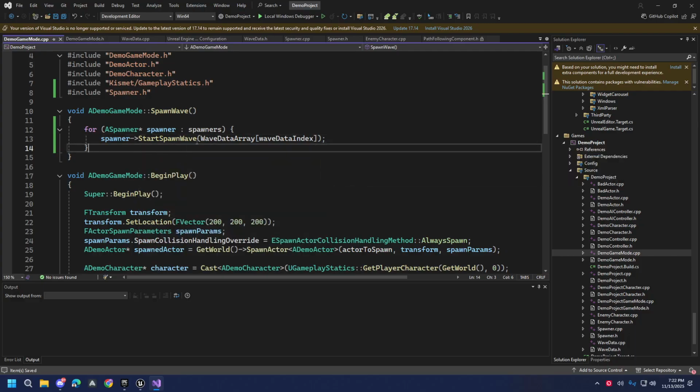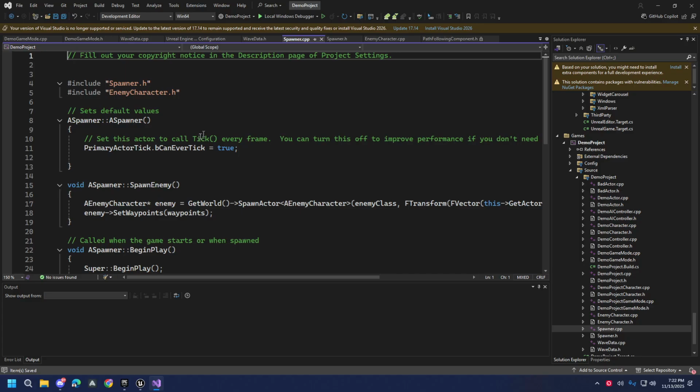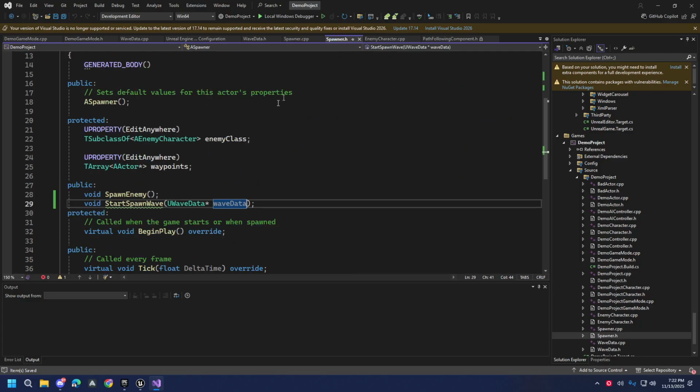Ayan. So what happens is game mode tells when to spawn the wave, and then when it starts spawning a wave, it'll call all the spawners' StartSpawnWave, which will be like